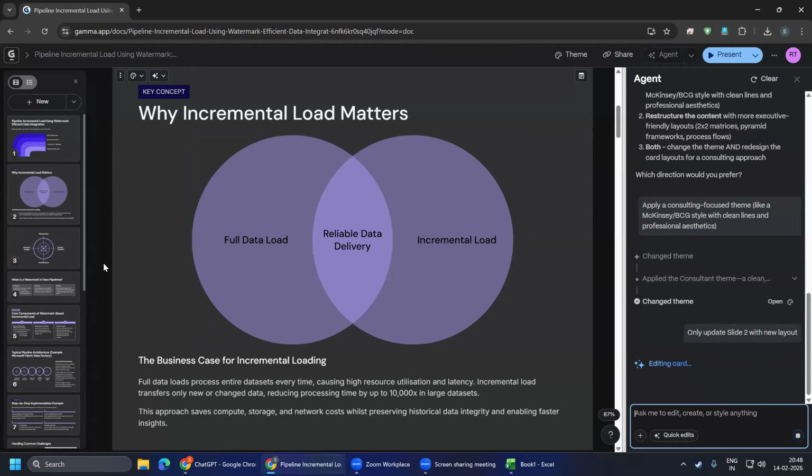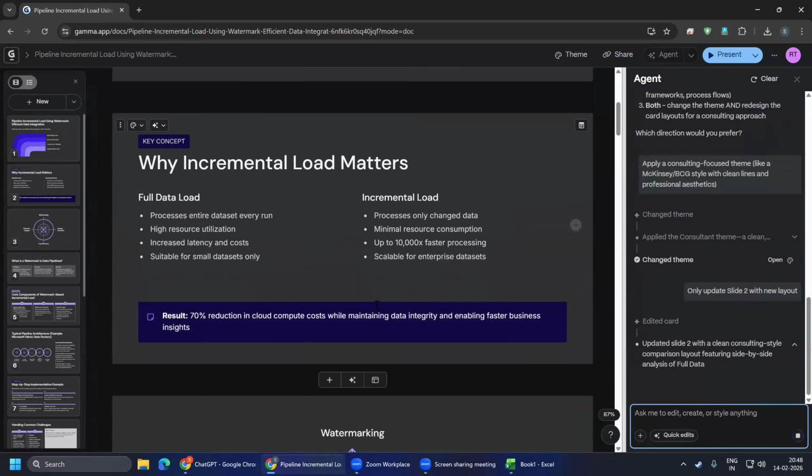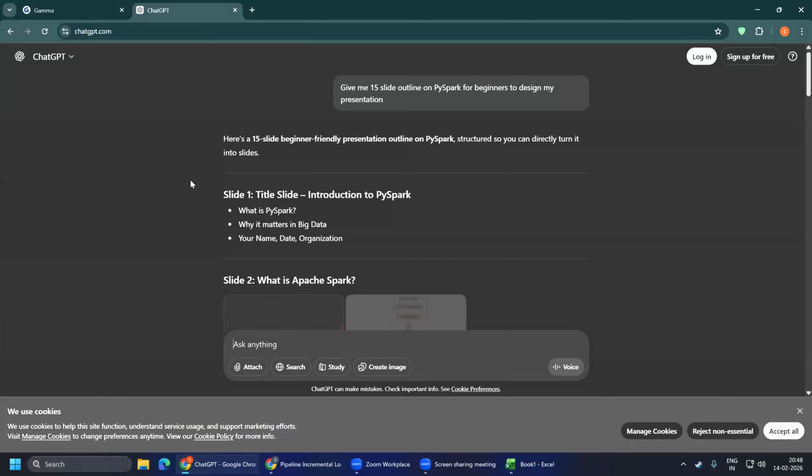Earlier it had changed everything. I said, no, I want to change only slide number 2. I can do it. Now you see slide number 2 changed completely. So this is how you can build presentations on the fly. It will help you a lot. Now if you go back to GPT, it has given a lot of things. For example,